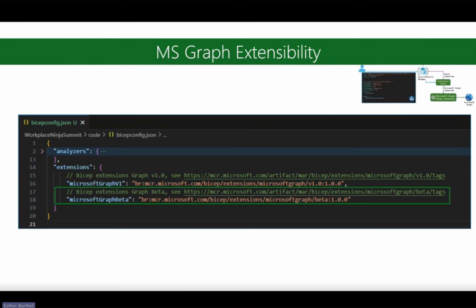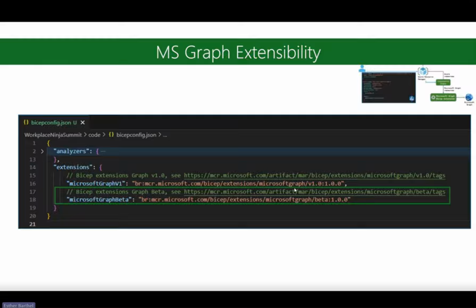The first part that you need to do, at least to make your life easier, is to use your Bicep configuration JSON file and add a section for the extensions, which allows you to define a short name or an alias, so you can easily switch between, for instance, version 1 for the Graph engine or the beta functionality that is available within Graph.